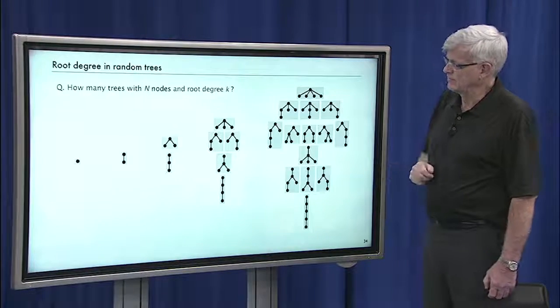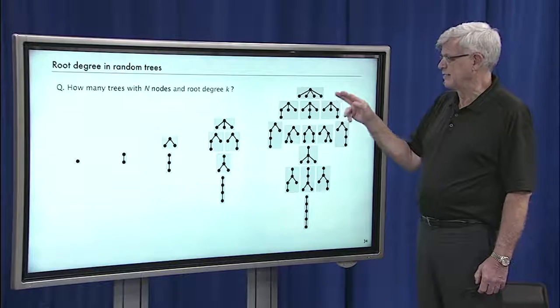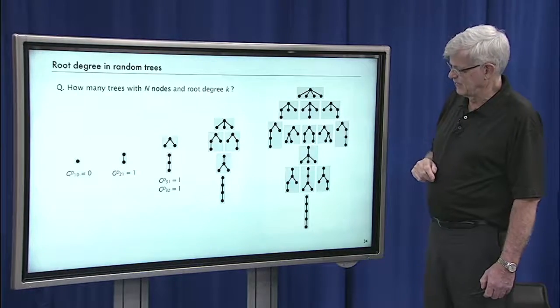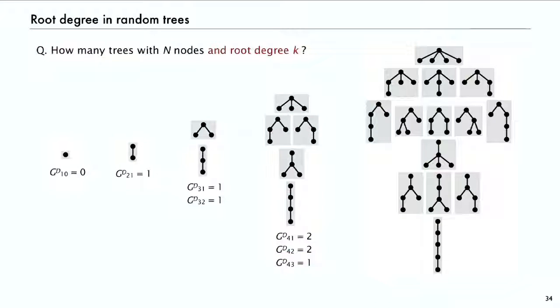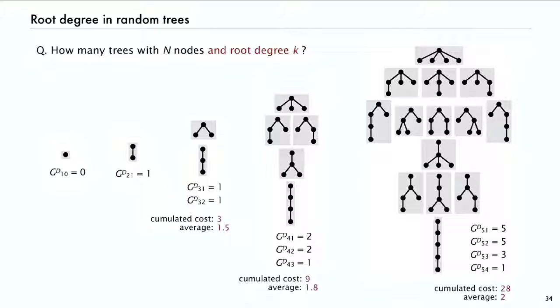What about root degree? How many trees are there with n nodes and root degree k? Again, these are the counts. So for 4, there's 2 of them with root degree 1, the bottom 2. Two of them with root degree 2, the middle two, and one with root degree 3. And for 5 nodes, that's the distribution. And again, we can go through and compute the cumulated costs, and it goes 1.5, 1.82, not so clear what the result is going to be in this case,